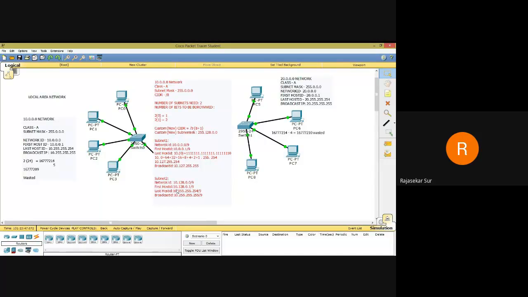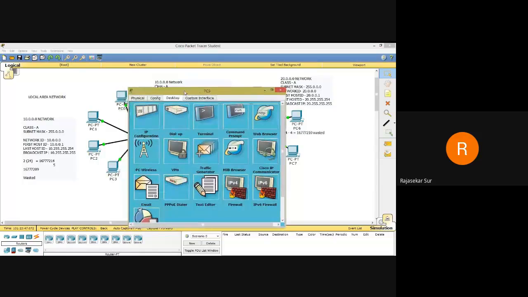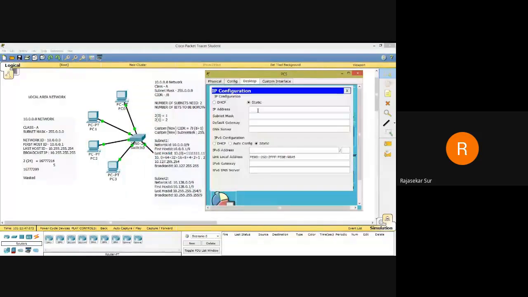Now you see where the second subnet is. 10.128.0.1. It starts with 128. So 10.128.0.1 I will use. Now I just click this machine. I'm going for the desktop IP configuration. So the IP address is